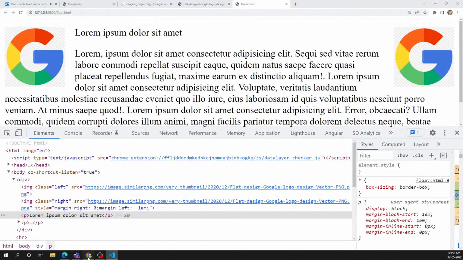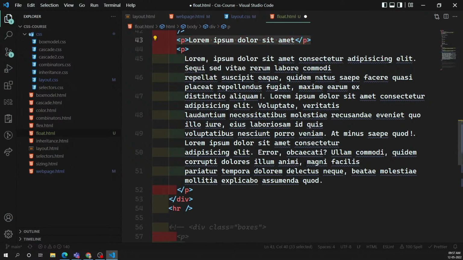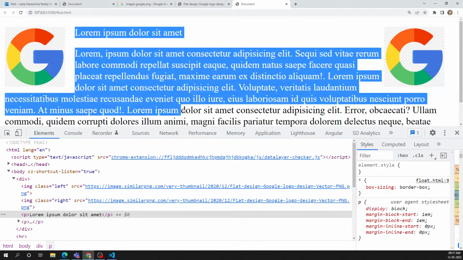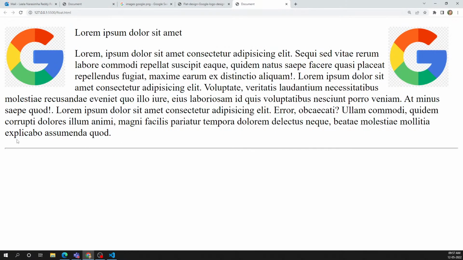Okay, so this one will come down, I think. Okay, not a problem, we'll keep it like this only. Now what I want is, in such a scenario, I don't want this content to be coming in the floating thing, so I want the p tag to come down only. Just like how a normal block level element behaves, in that scenario I want this float thing also